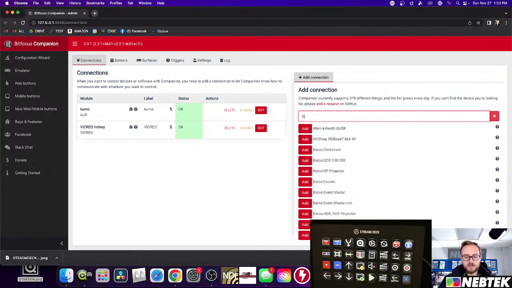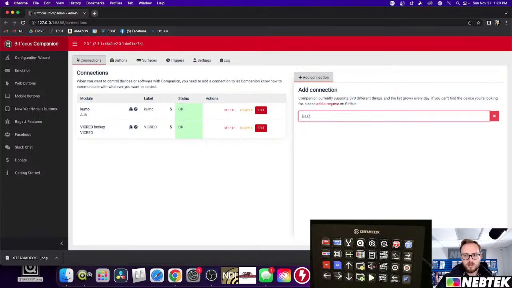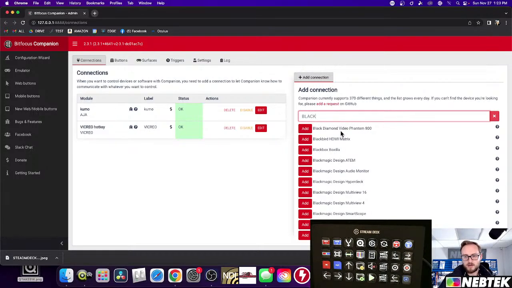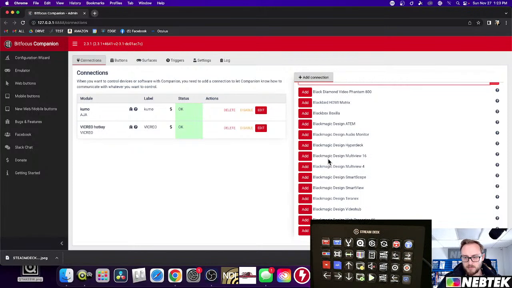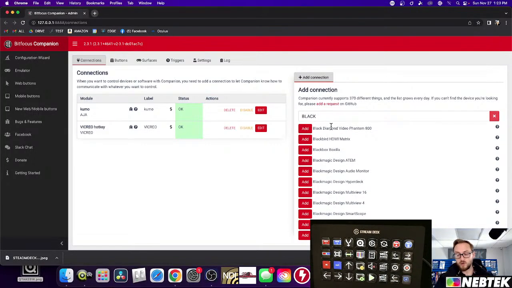But hey, I'm not using AJA. I got a Blackmagic. That's not a problem. If I type Blackmagic Design Video Hub, that might be covered by my camera, but there's an option for the Blackmagic Design Video Hub right there. So whether you're AJA or Blackmagic,